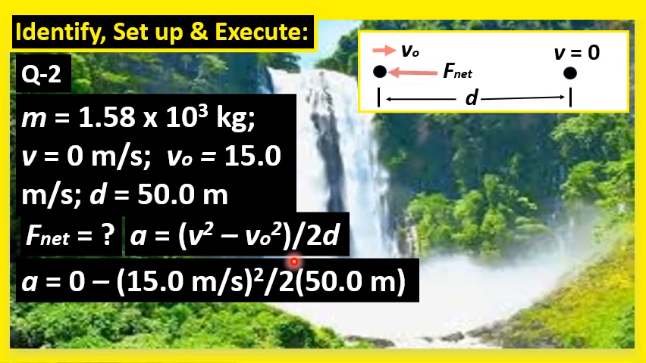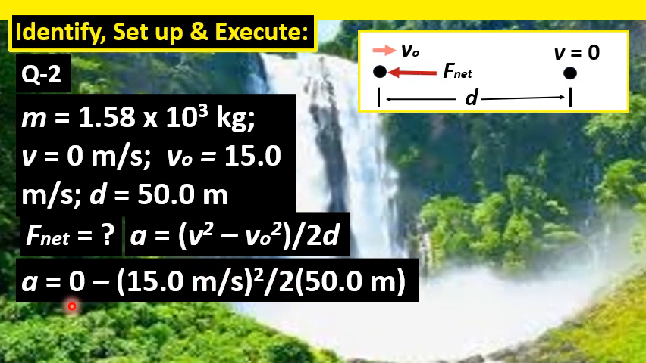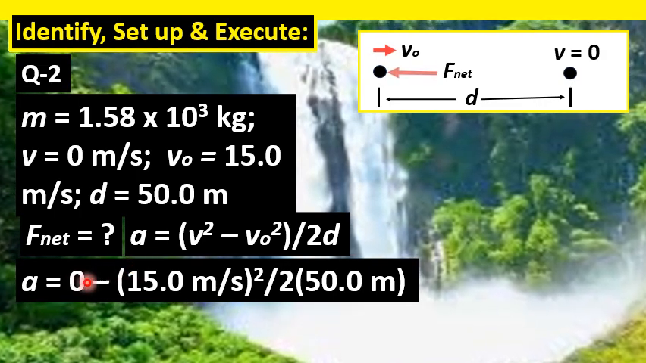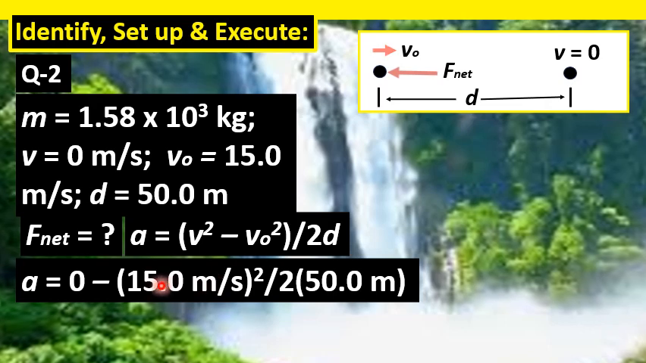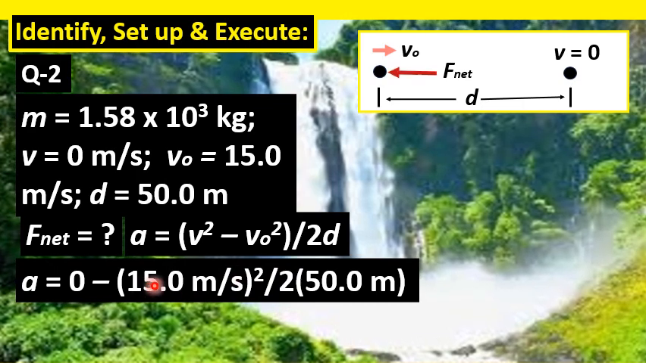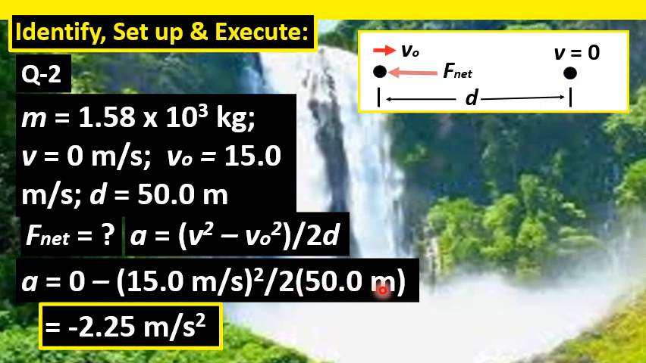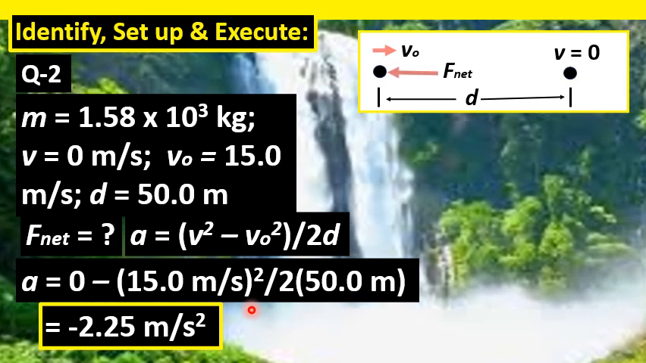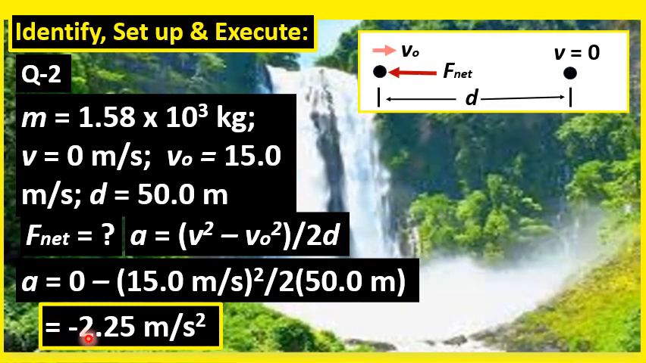So when we substitute or plug in the given data to this formula, we find the acceleration equals 0, that is the final speed, minus the square of the initial speed v naught, 15.0 meters per second. And then, after squaring v naught, we divide it by 2 times 50.0 meters. So again, when we do our math, we get the value of the acceleration a equals negative 2.25 meters